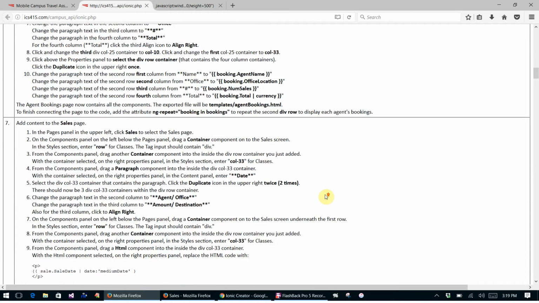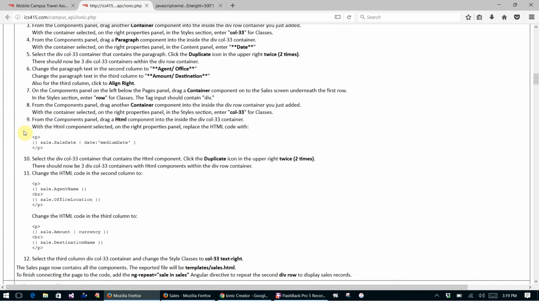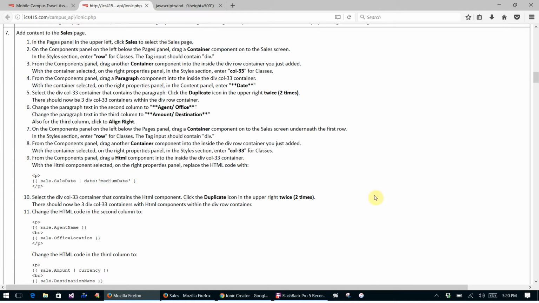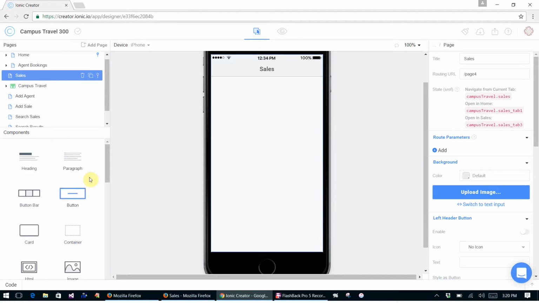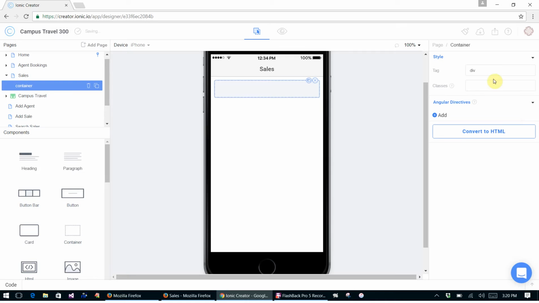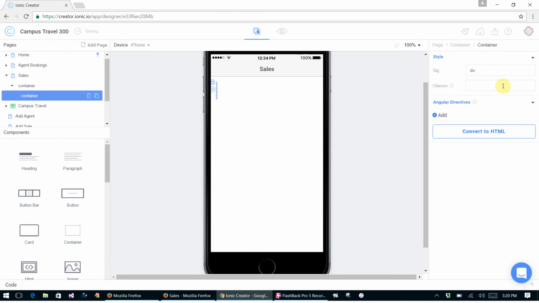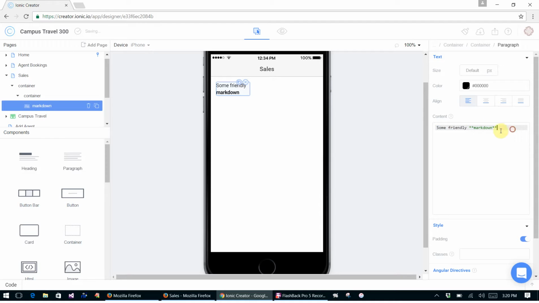And so we're going to be putting HTML in there for the data row, so we can easily put the agent on top of the office and the amount on top of the destination name. So let's go back here and let's put a container over there. And this is going to be a row container. And inside the row container, I'm going to put a col-33. And inside the col-33, I'm going to put a paragraph which says